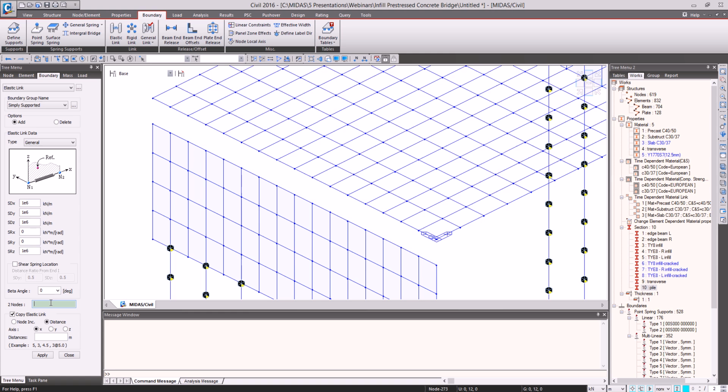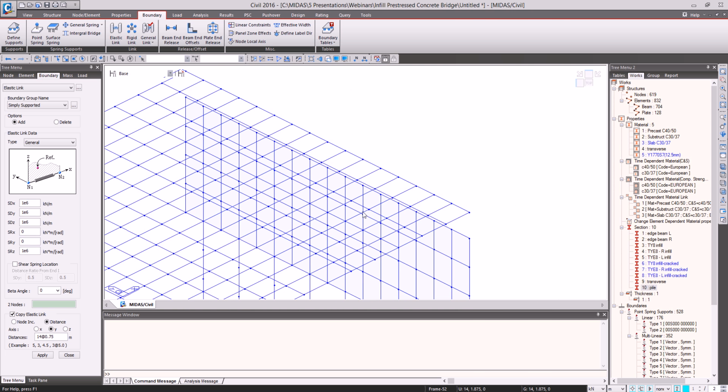Again, we can copy this 14 times at 0.75 about y, and we just need to add the two nodes. And on the other end, as I'm releasing sliding, so in this case SDZ can be 0,